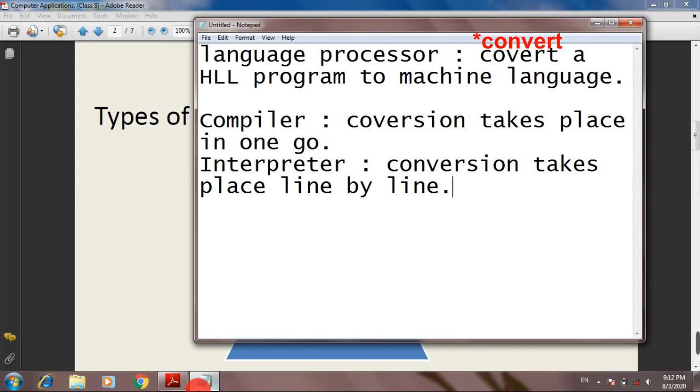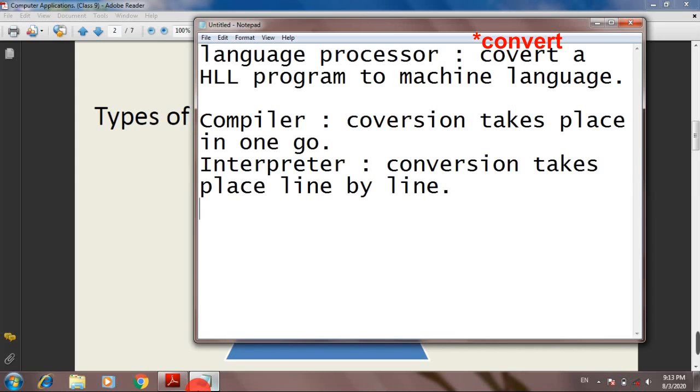If an error comes in any of the lines, it will just stop there, and after removal of that error, it will convert the remaining lines. So this is the basic difference between compiler and interpreter. Compiler converts the whole program at a time, while interpreter converts line by line.